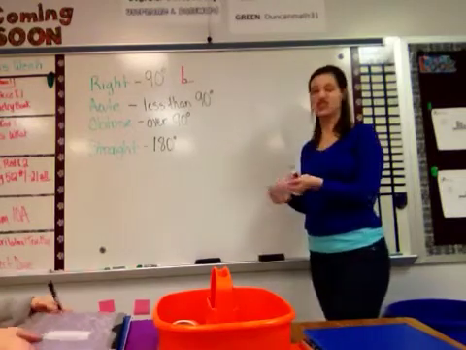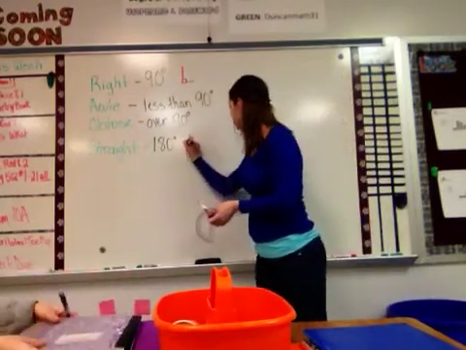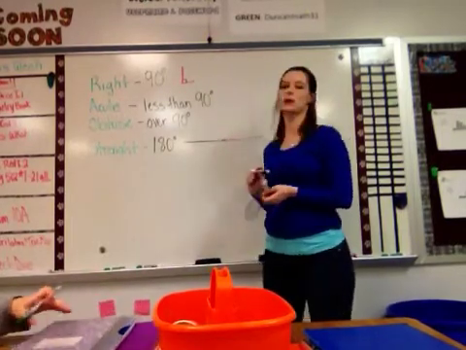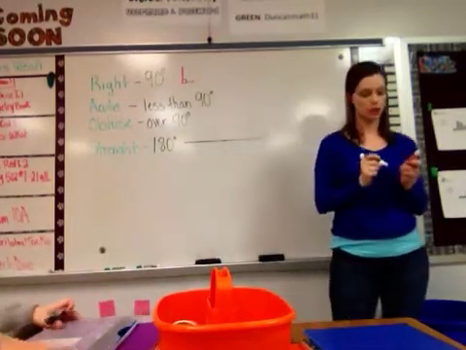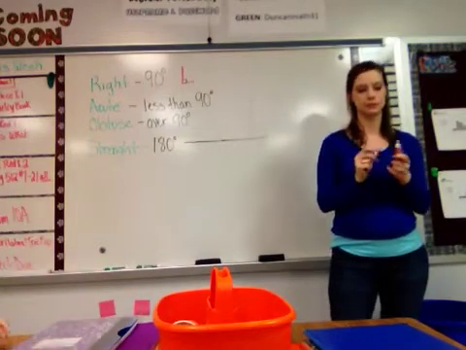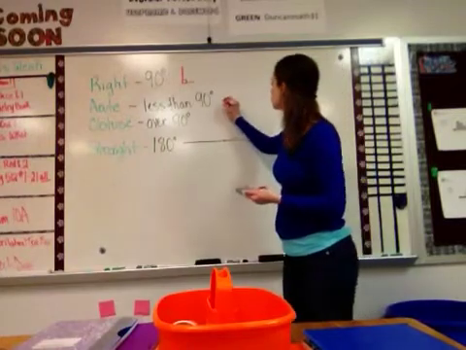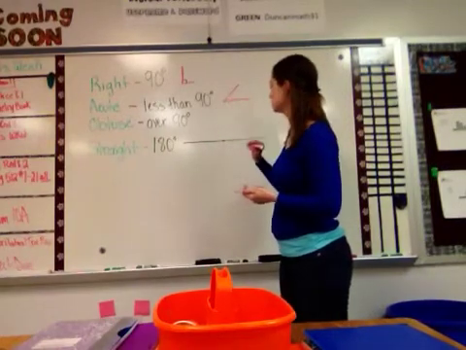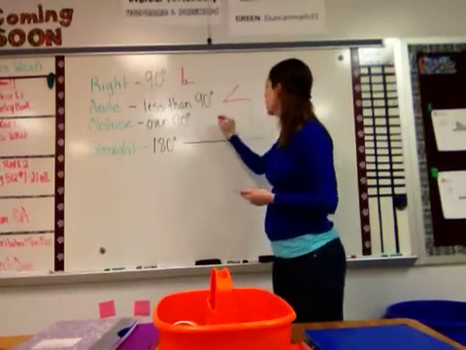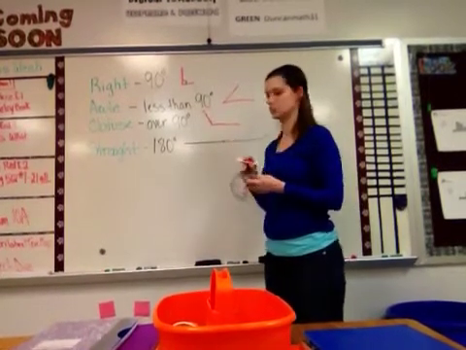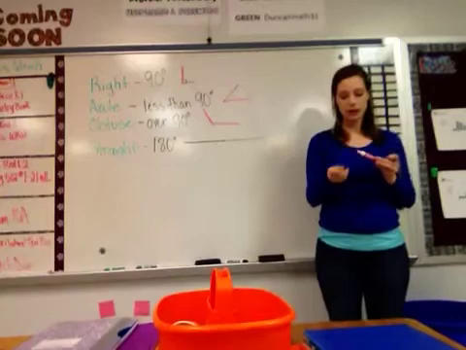Straight is just that. It's a straight line, and usually it has a little dot in the middle. Okay? So you know where the center of the angle was. Acute, of course, is going to be a little one. And obtuse is going to be a fat one. Okay? Now, what you have to know is,